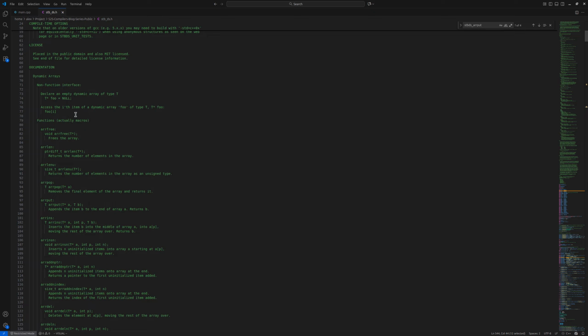And this header is essentially just a dynamic array implementation on heap that provides you with macros of array pop, array put, and all the members of a typical array implementation that you would see in the standard vector C++ implementation. But it is not a standard for a reason, because it's quite